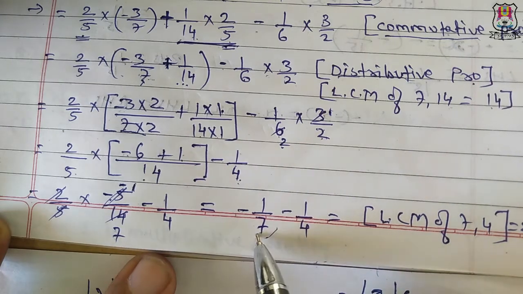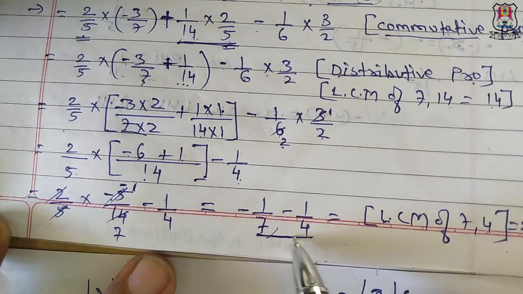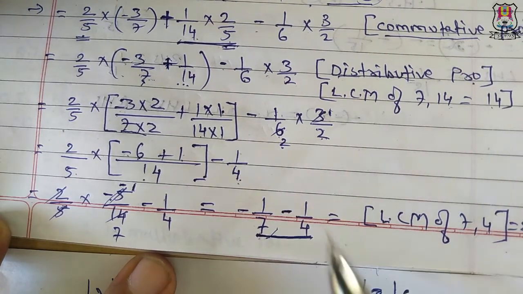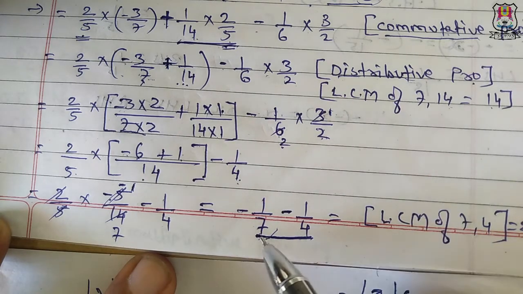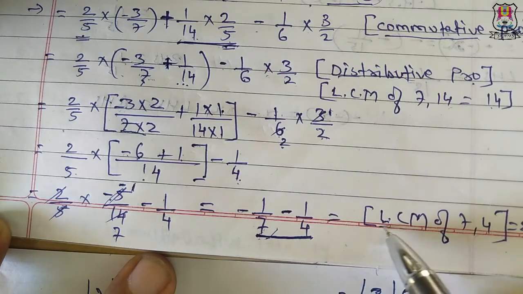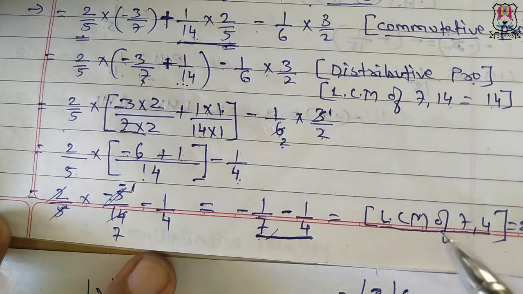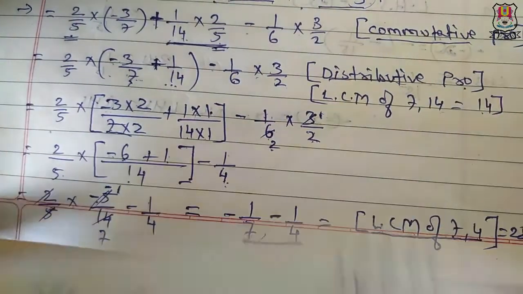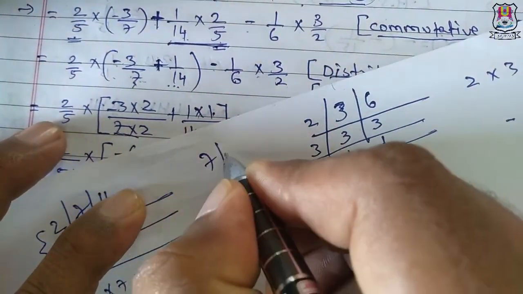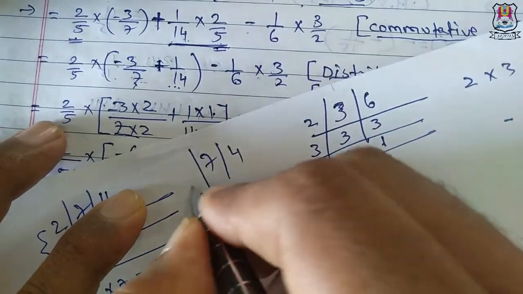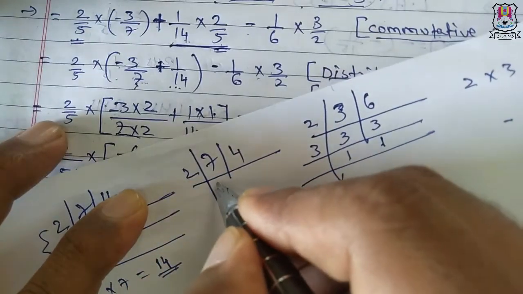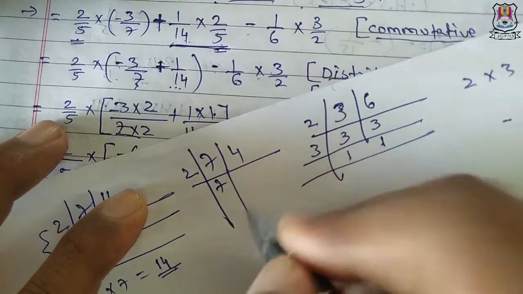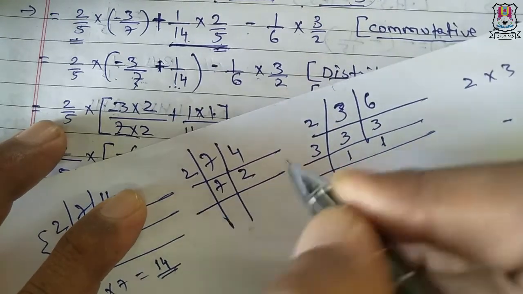Now again, see here there are two different numbers in the denominator, and there is a negative sign. So in the previous sum they were both common, 2 and 2, but in this sum they are different. So we have to find the LCM again, of 7 and 4. And what will be the LCM of 7 and 4? 7 and 4. So let's start with 2. 2 does not have 7 in its table, so 2 2s are 4 again.